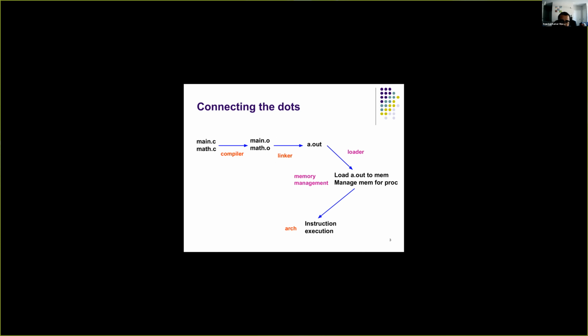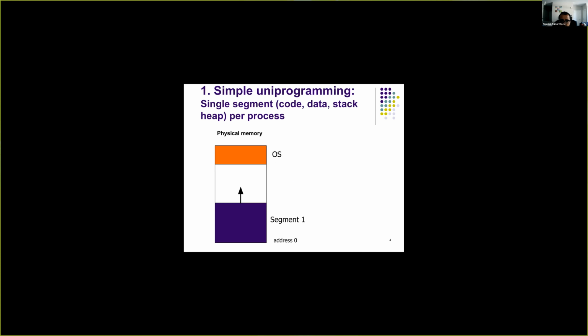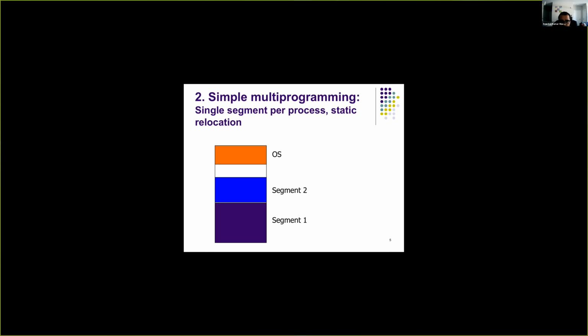What we saw in the previous lecture is how, given C files, the compiler generates object files and how the linker puts them together into an executable. Then we saw how the loader loads it into memory and what the ways are in which the operating system can manage the memory of each process. Specifically, we looked into the simple uniprogramming model, where the operating system executes only one process at a time, and the process always loads starting at address 0, and there is only one process executing on the system at any given time. We also looked at the multi-programming model where there could be multiple processes in memory at